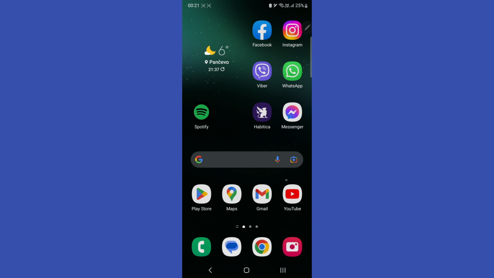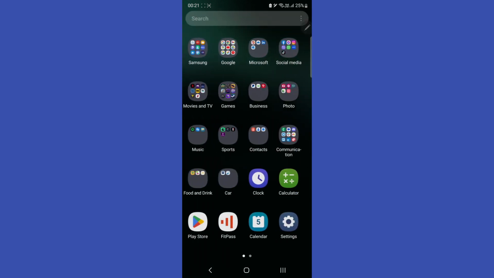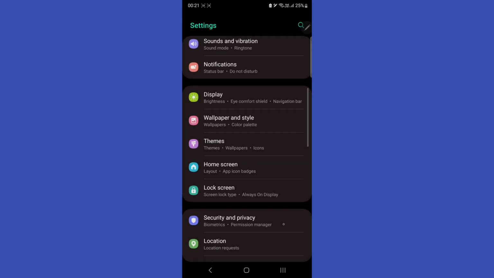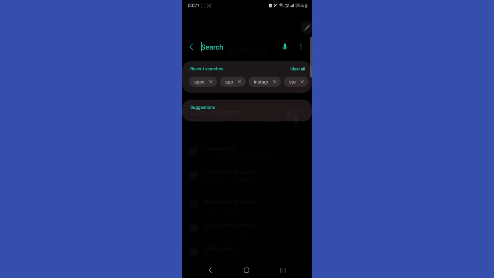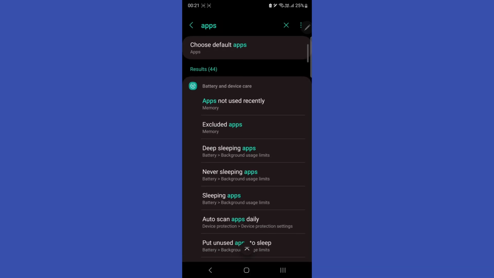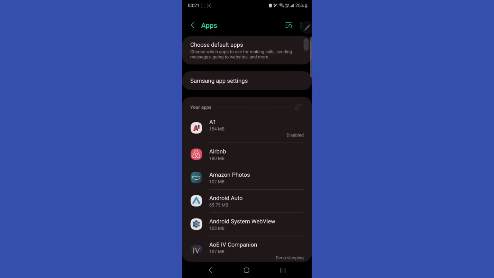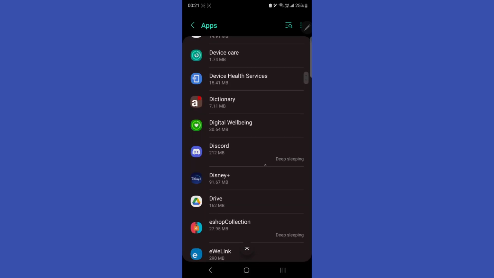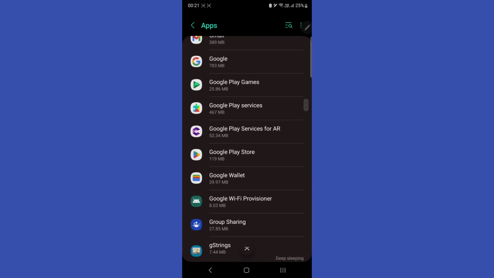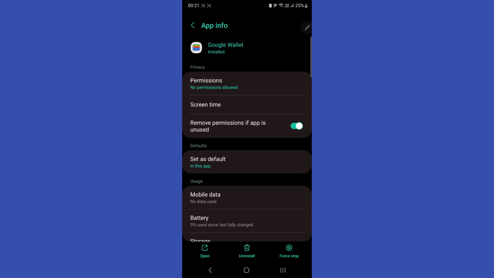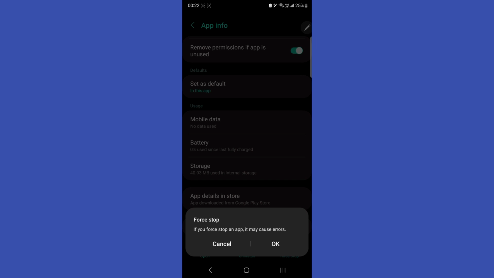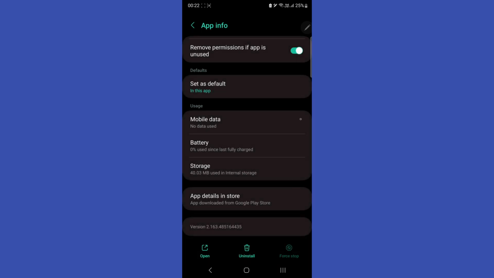So what you want to do is just go to settings and then just type in apps and go here. Now you will find Google Wallet or GPay and enter it. And first thing you need to do is go to force stop, say yes,